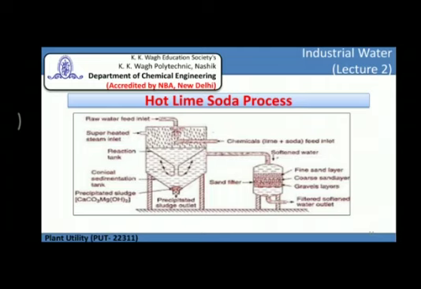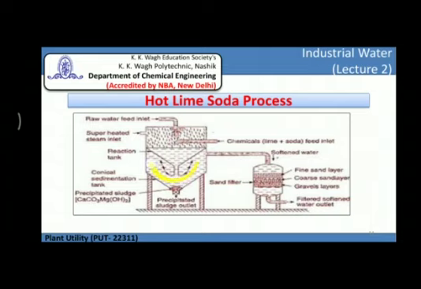Here we are not using any stirrer, which we have seen in the cold lime soda process. Instead of a stirrer, we provided heat to this system, and because of this heat, this reaction takes place very fast, and the reactions which we have seen already are formed inside this upper part of this cylinder. And after the reaction, this water goes downward in